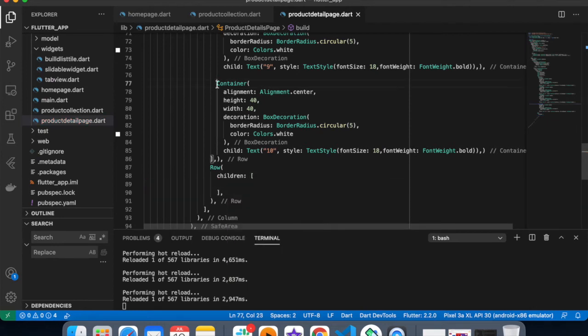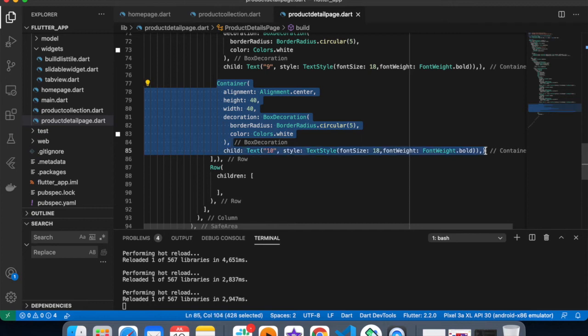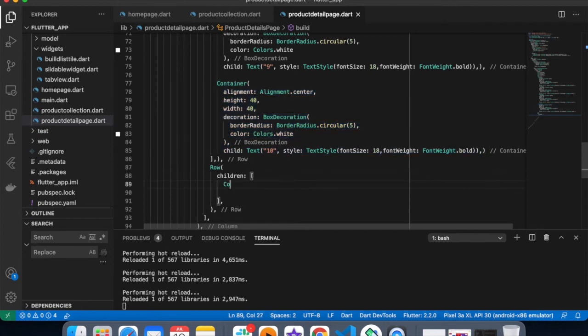And same container, and just copy and paste it. Okay, don't do that. Let's create another one.